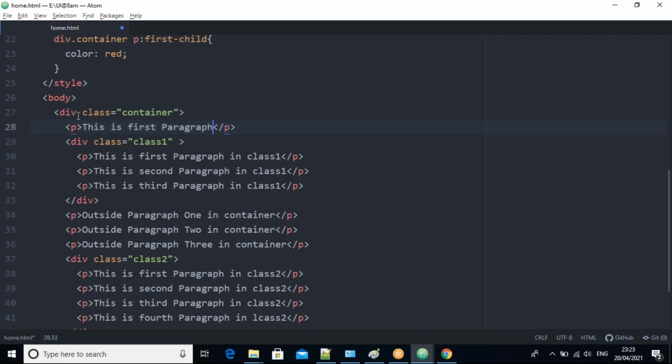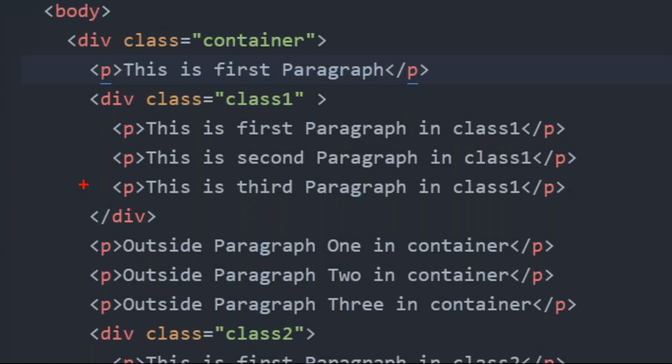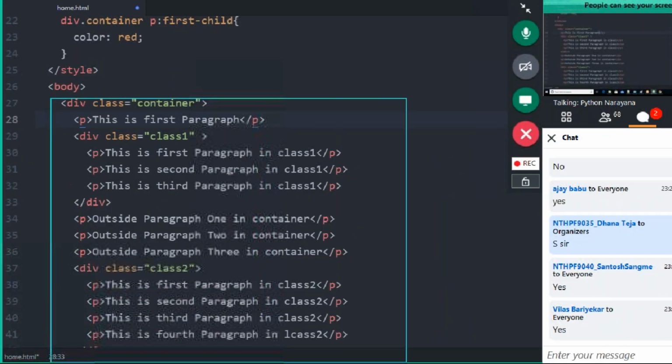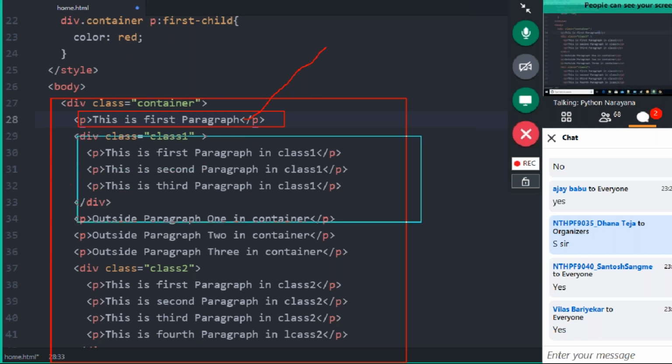Why? Because now observe here in the container level, what's the first child? Yes, the paragraph is the first child, so it applies the styles. Now the second child has subchildren again, and here the first paragraph is there, so it applies again.